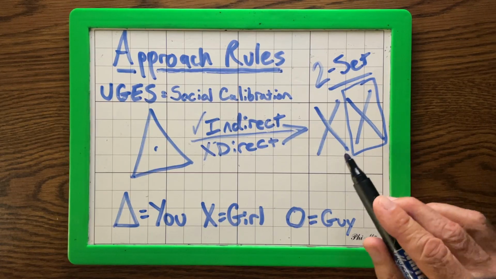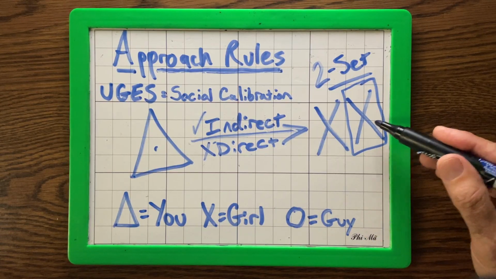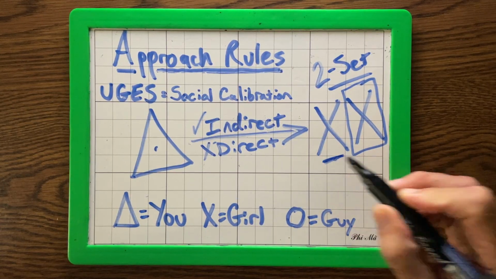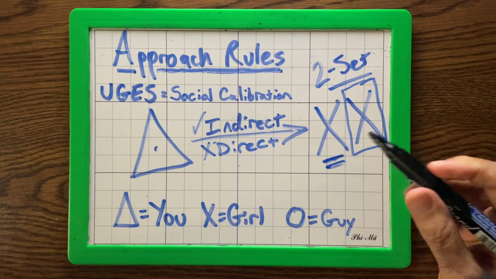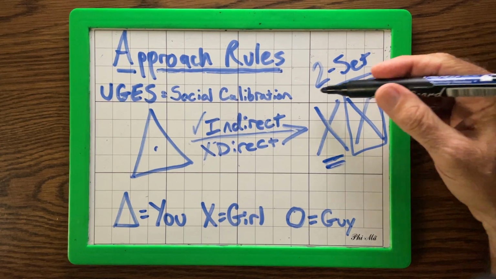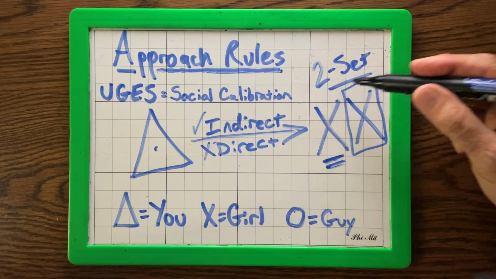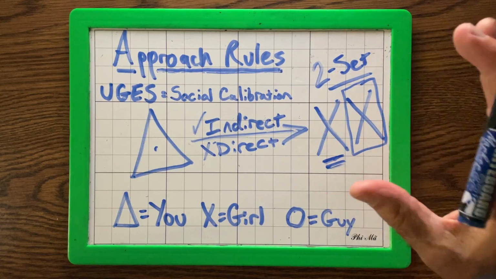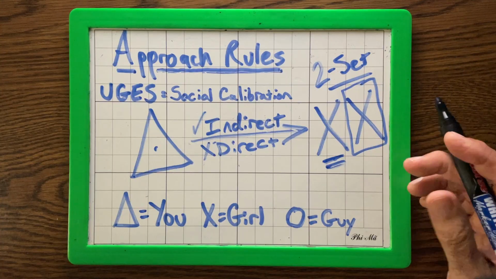Now, which girl do we open? The one we're interested in or the one that we're not? The one that we're least interested in. Using the verbiage that they have in the mystery method, we would open the obstacle, whereas the girl we're interested in is referred to as the target. These are terms kind of like from Top Gun.